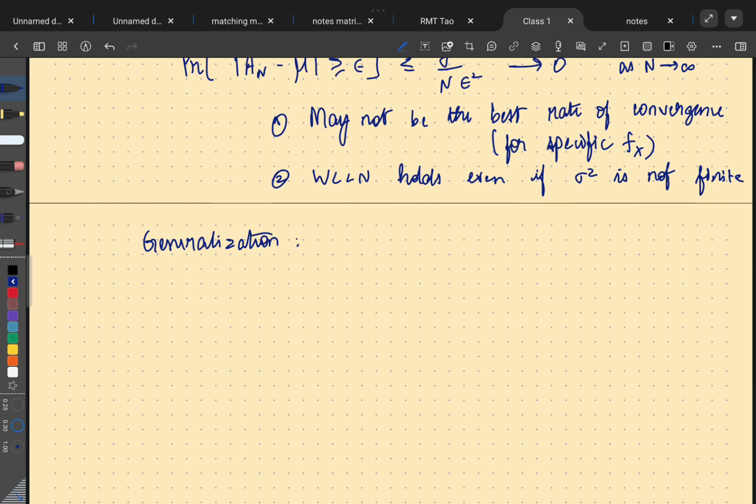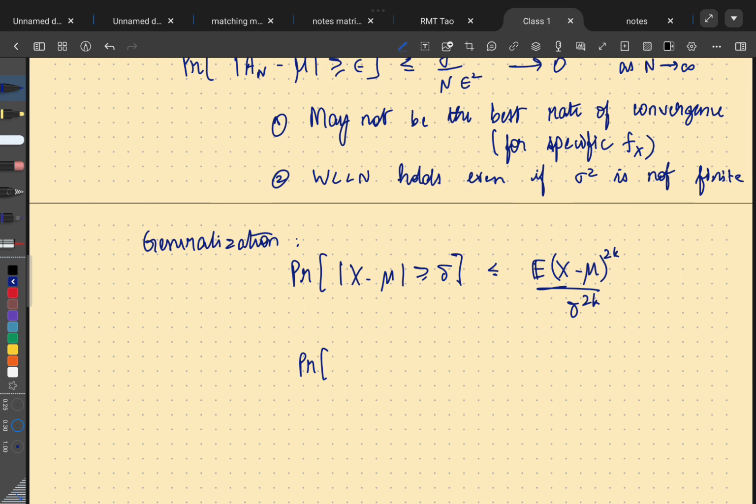So the simple generalization is that the probability that |X − μ| is greater than or equal to some δ is going to be less than or equal to the expectation of (X − μ) to the power 2k divided by δ to the power 2k. Now if my X corresponds to A_n,